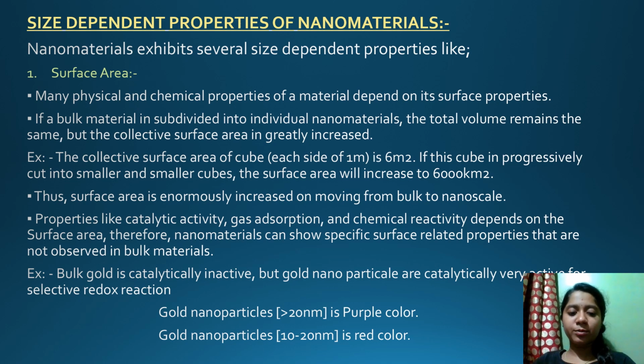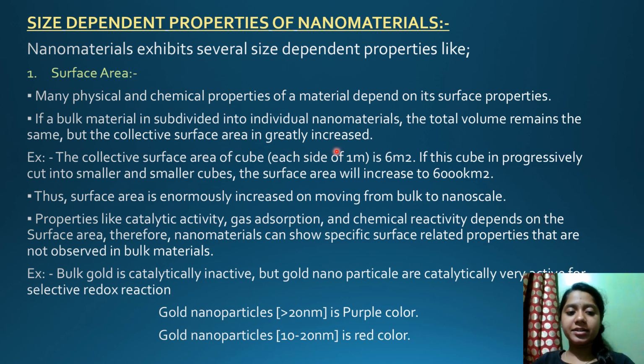Size-dependent properties of nanomaterials. These nanomaterials exhibit several size-dependent properties like surface area, catalytic properties, and conducting properties. The first one, surface area. Many physical and chemical properties of a material depend on its surface properties. If a bulk material is subdivided into individual nanomaterials, the total volume remains the same, but the collective surface area